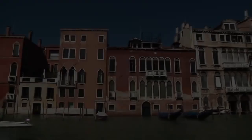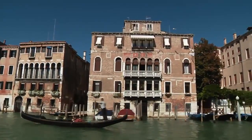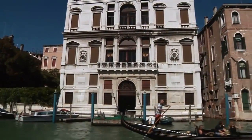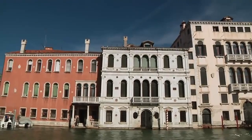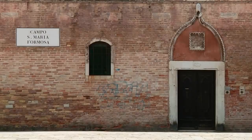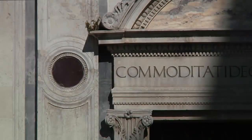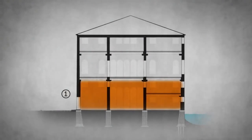Venetian buildings are famous worldwide for their beauty and sophistication. In little more than 1,000 years, the Venetians have codified a series of techniques for their buildings, developing ingenious solutions that are well adapted to their environment. The basic plan of the palace is based on the casa fondaco, the home warehouse, the typical residence of the